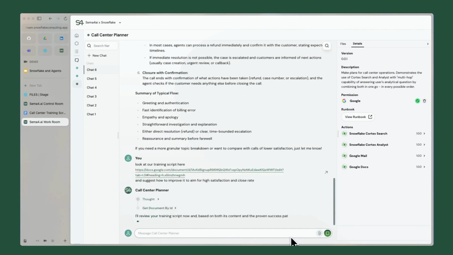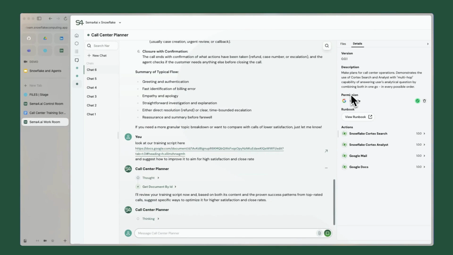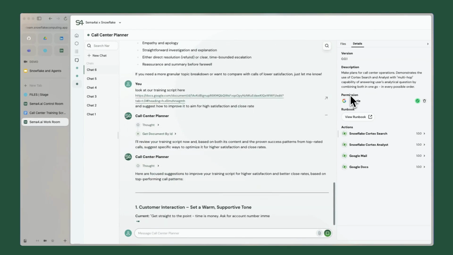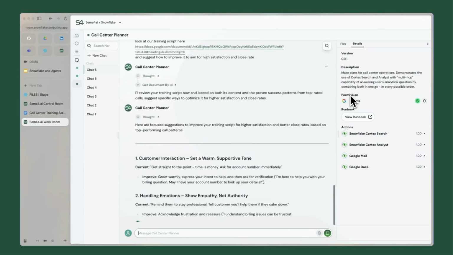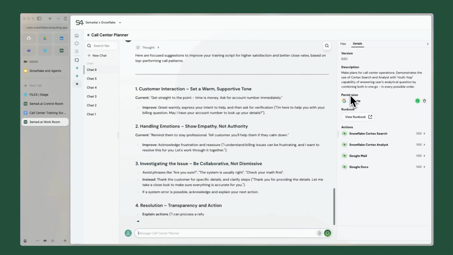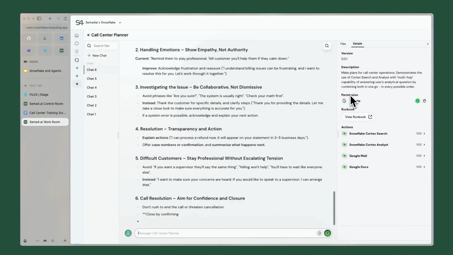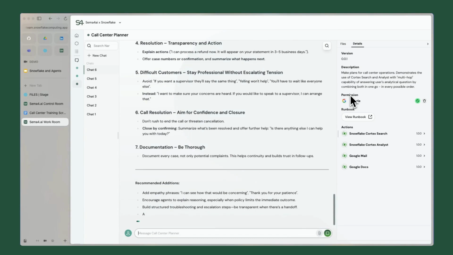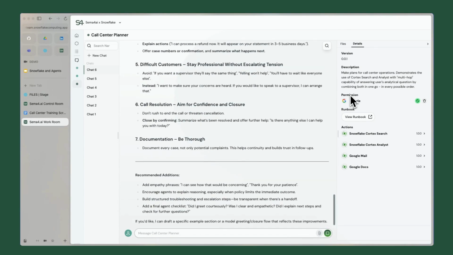Now it uses the Google Mail. I've logged in, you can see the permissions in the side panel. So I'm logged in as myself, so the agent is acting as me against the Google Drive services. And because I have privileges to that particular file, the agent can access it as well. Now we went through the document, recommend some improvements in it. I think they look all good. And then I say,